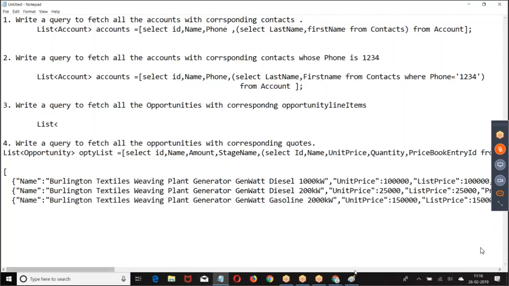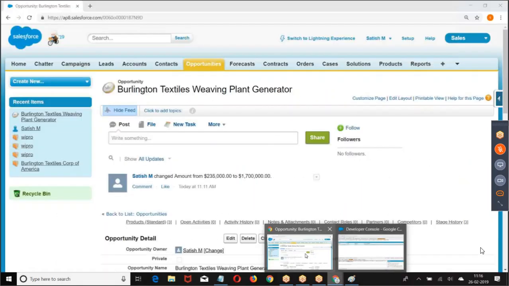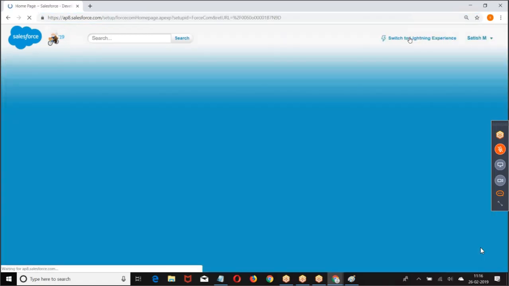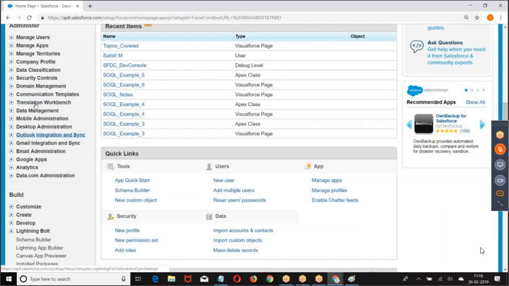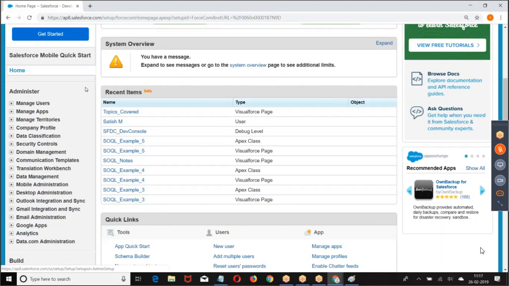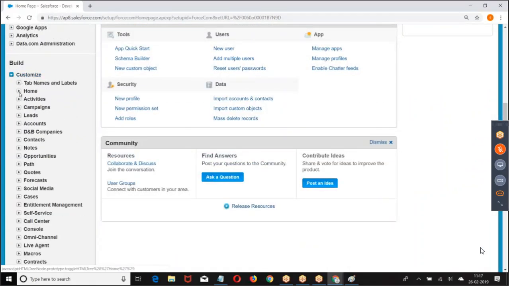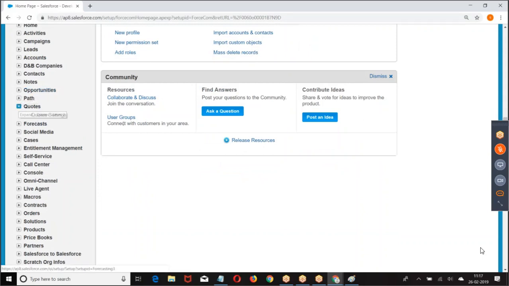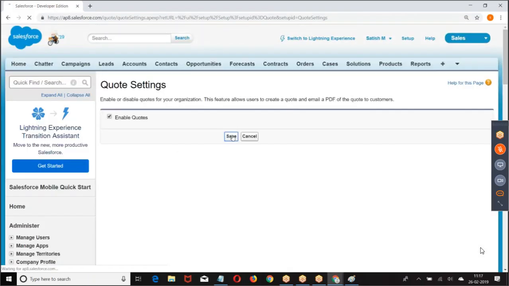The next one. People are good with this. Now, at the same time, let us go through this setup. Customize. Then we have opportunity, quotation settings, enable quotation.